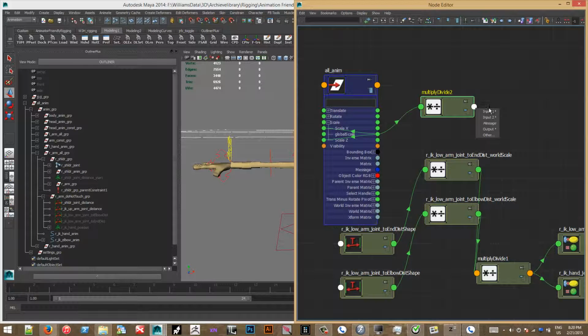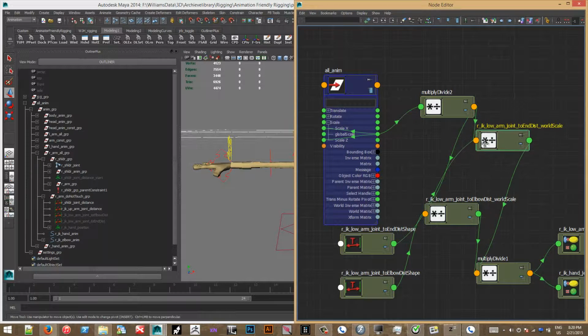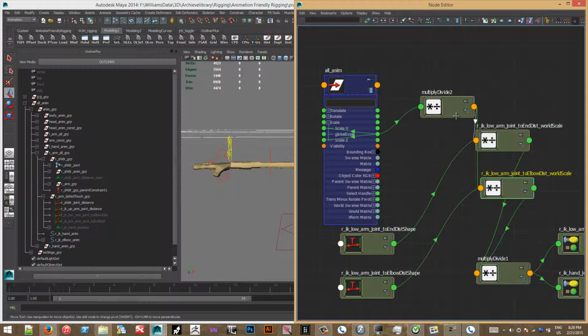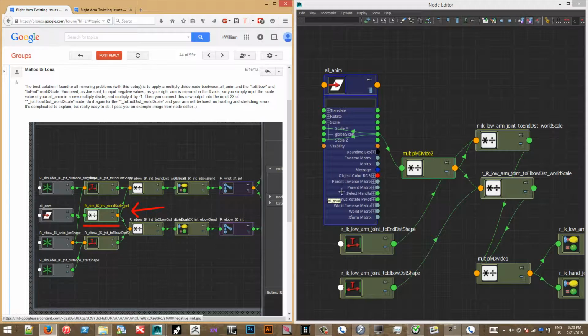Then if I connect output x to input 2x, and then output x to input 2x, okay, so now